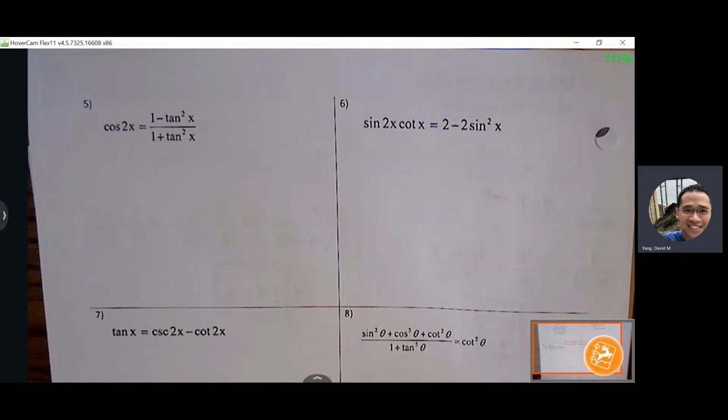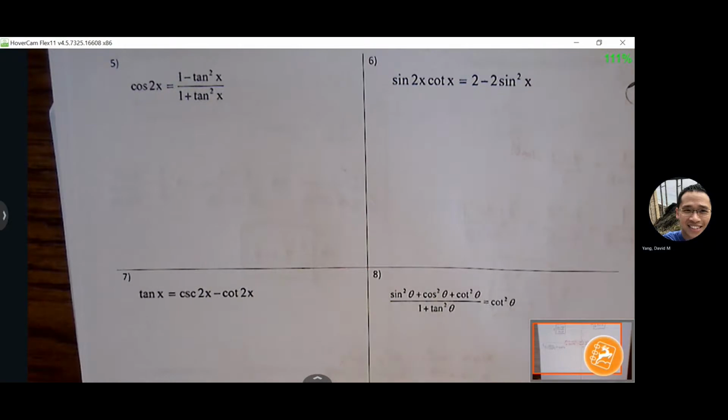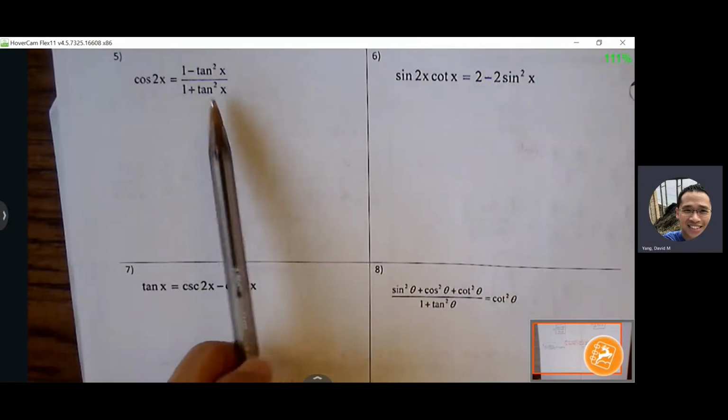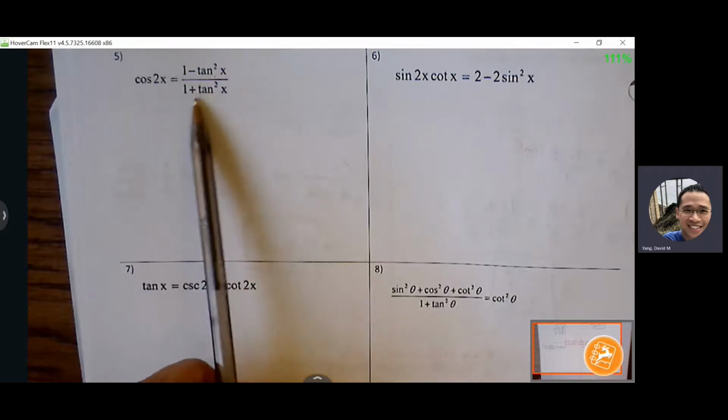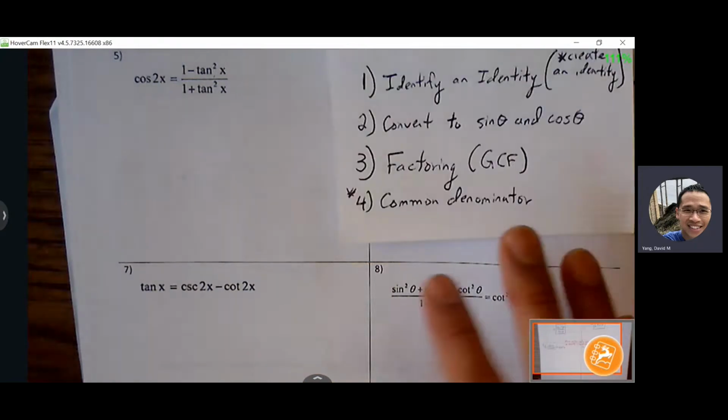So number 5, I think this problem, that cosine 2x, is a little too vague. I think it's a little bit easier, in this case, to start on the right side and move to the left side. So that's what I would suggest. Let's start on the right side here. That cosine 2x is a little bit too hard to get in terms of tangent. I feel it's easier on the other side. So if we start on the right side, trying to move our way to cosine 2x, what could be